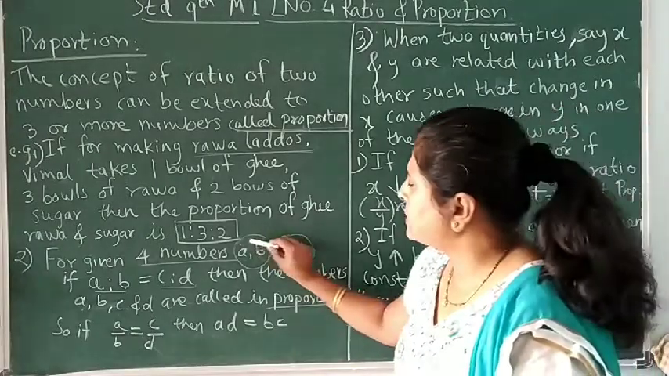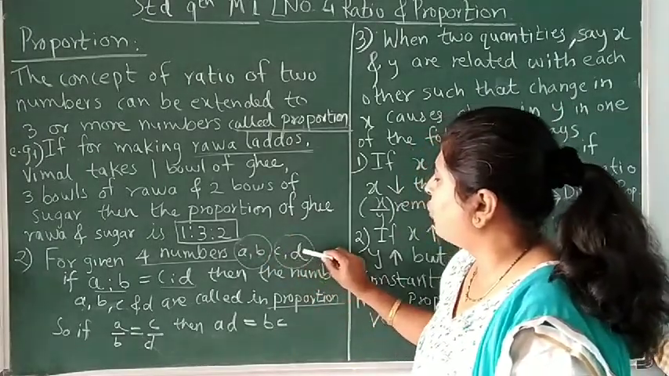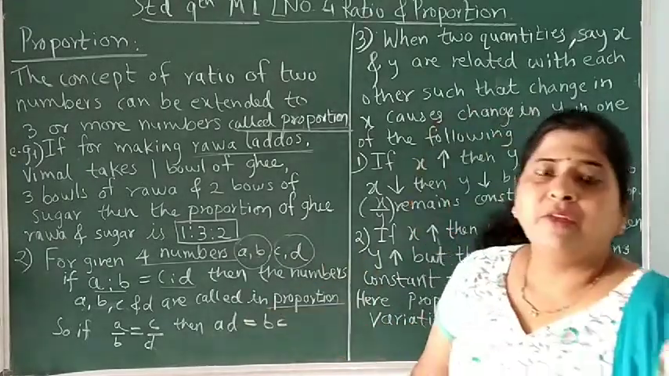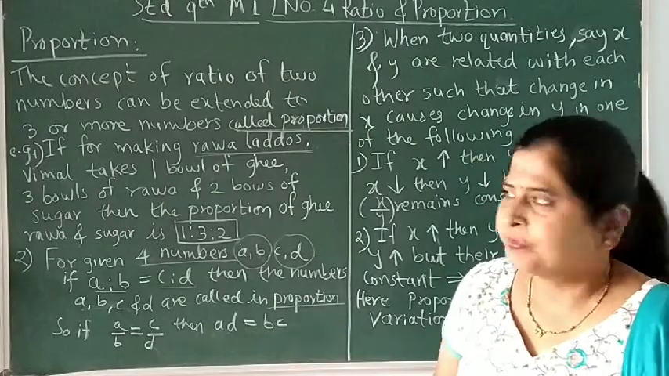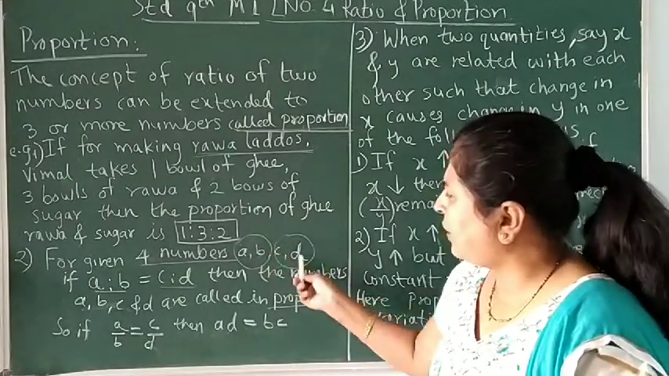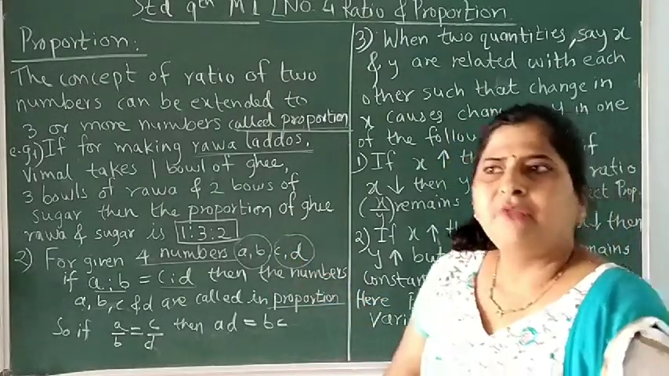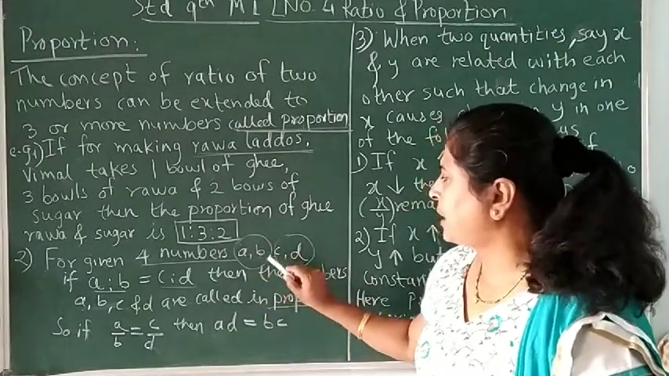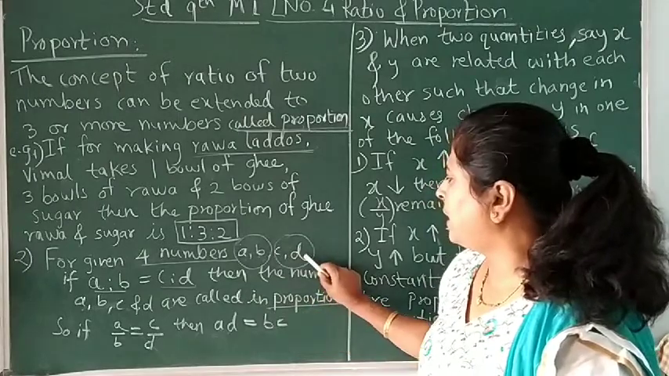Suppose we know the first, second and third number. If we want to find the fourth proportion of the 3 numbers, we can use this formula and get its value. Or if we do not know any one of these, then we can find the remaining one. So A is the first proportion, B is the second proportion, C is the third proportion, and D is the